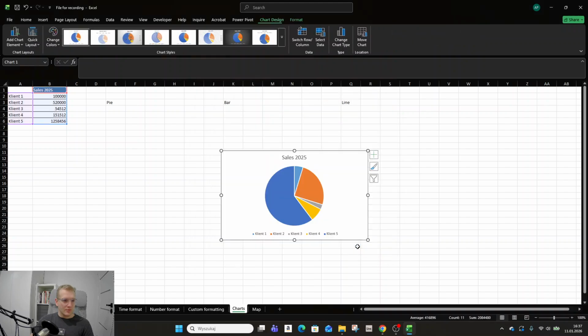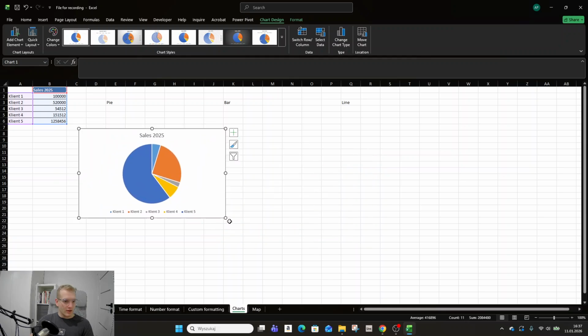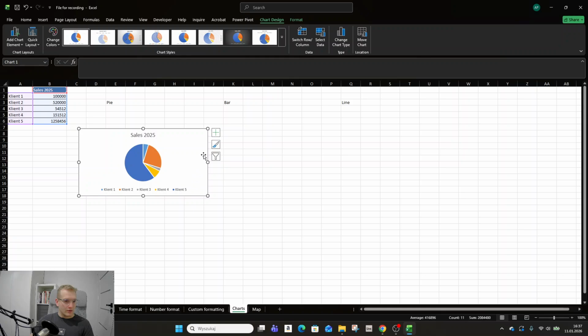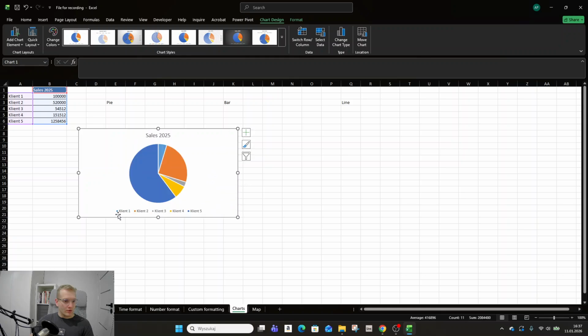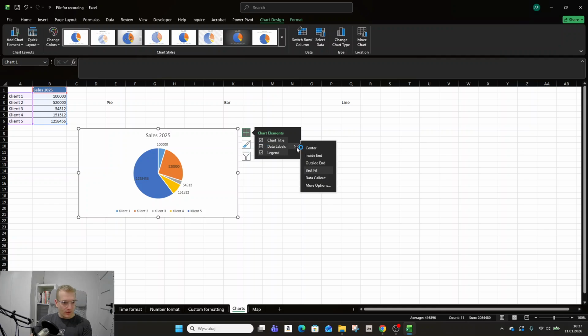So for this example we can use the basic pie chart. You have the colors that suggest which part of the chart is regarding which client. You can also add data labels, so you can see the data on the chart. For now it's not as visible, so I think outside seems that the data is more